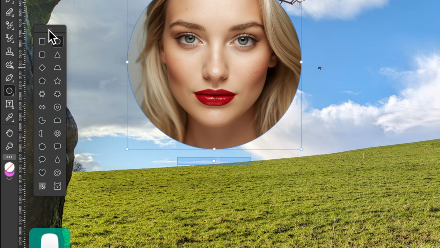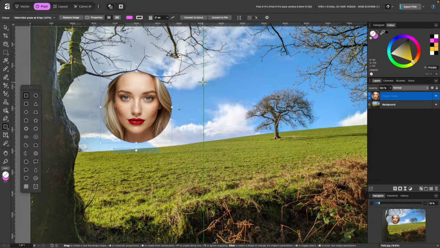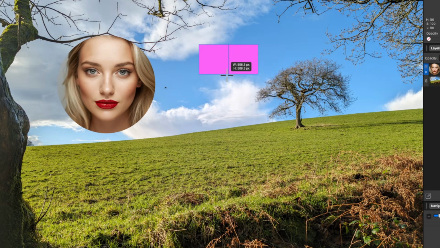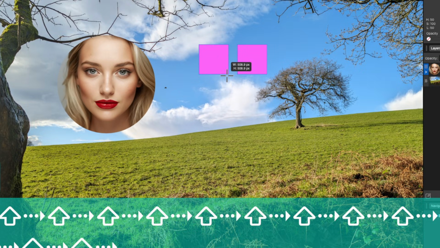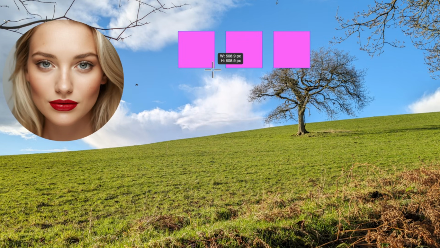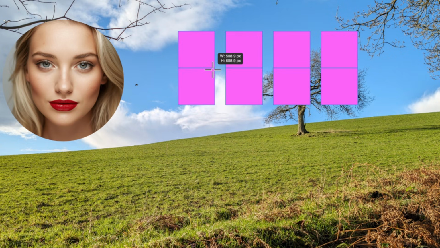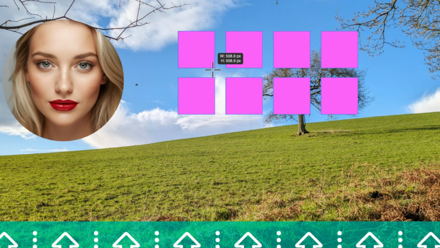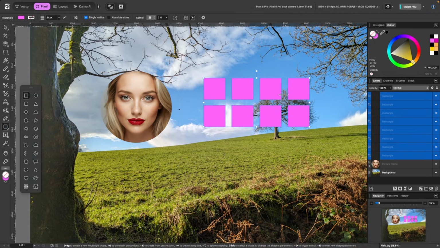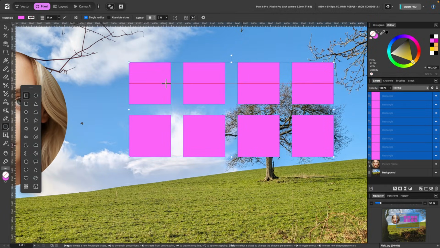If I go back into our shapes again and go back onto the rectangle tool, I can create kind of a grid of squares. So if I just click and drag whilst holding shift, just to keep it in perfect proportions. From this point, if I just tap the right arrow key on my keyboard, it generates another square. And if I long press on the right arrow key, I can create some distance between them. And now if I just tap once more, I can create more boxes. And the same goes for the down arrow key. So I'll just tap once, and then I'll long press and create some distance between them. And now I can let go, and now I have a kind of like grid of boxes. And maybe in each one of these, I can have a word or more pictures, you decide.